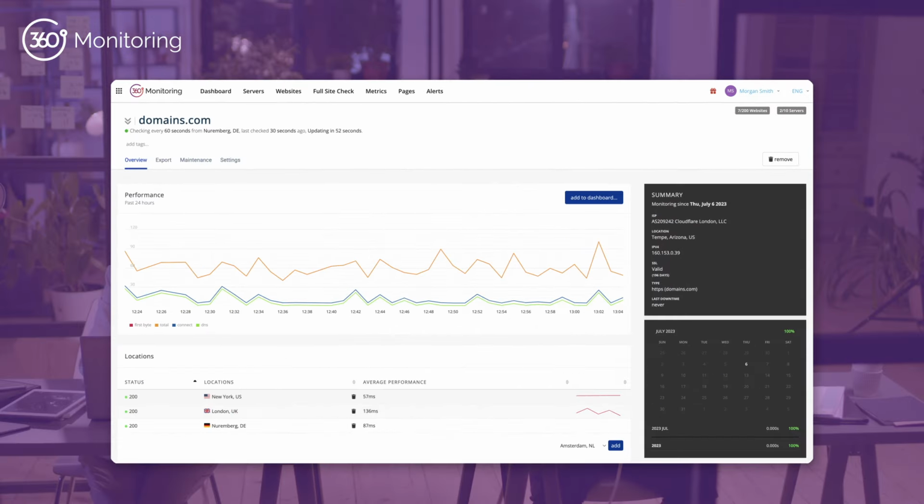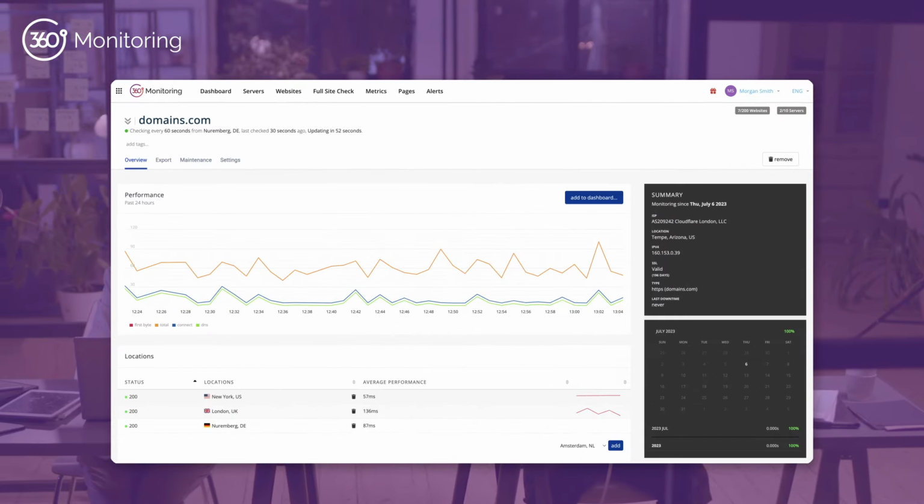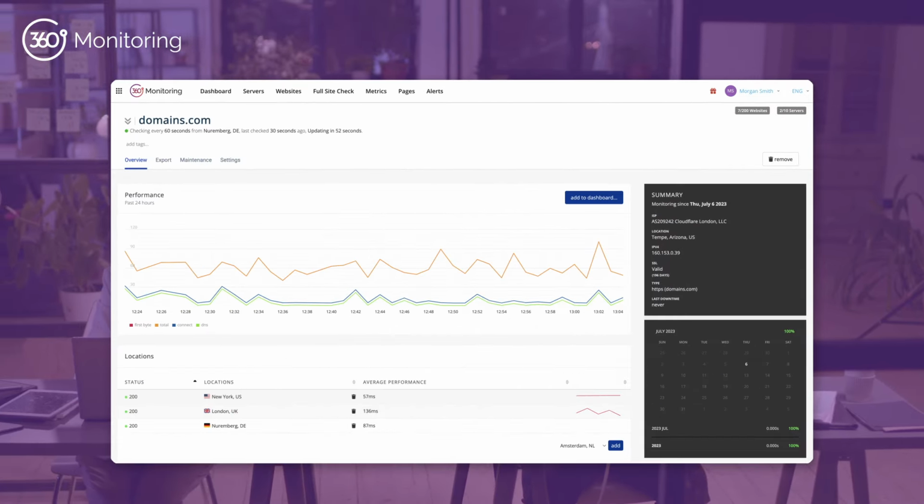But there is more. With 360 Monitoring, you can check DNS time, SSL validity, keywords, and more tools from over